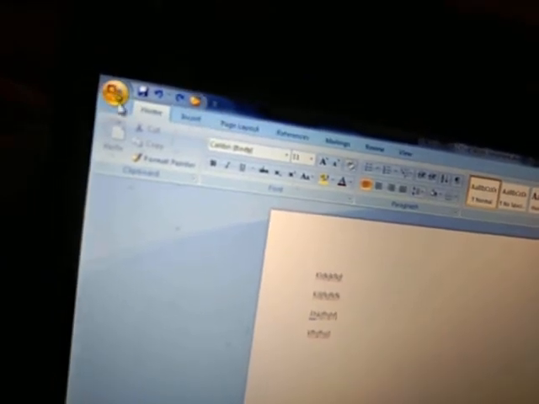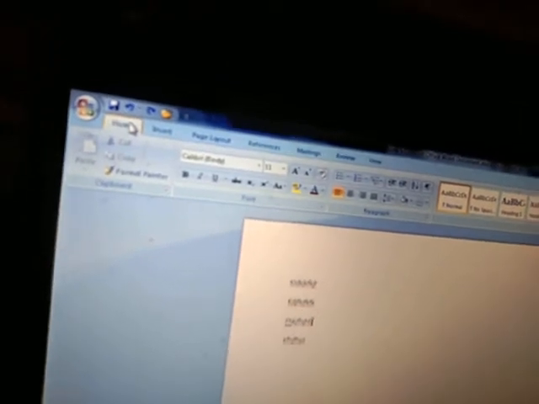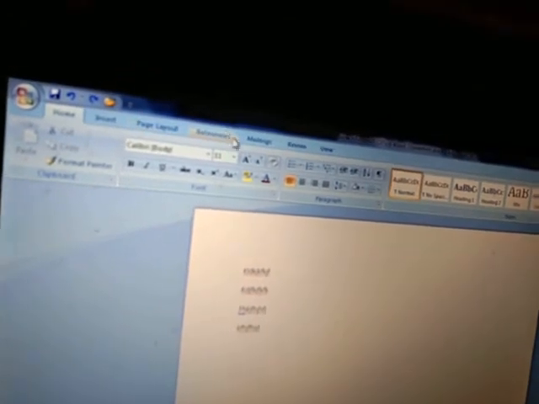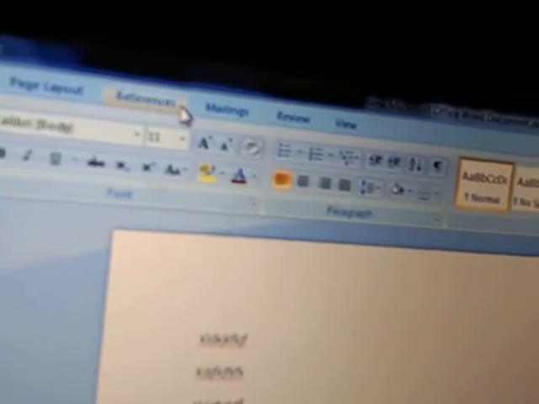This one is your Office button, and in version 10 there is the File tab here. And these are Home, Insert, Page Layout. This one is References, Mailings tab, this one is your Review tab, and this one is your View tab. These are all the tabs. And who is holding these tabs? This one is the ribbon. The ribbon is holding these tabs.